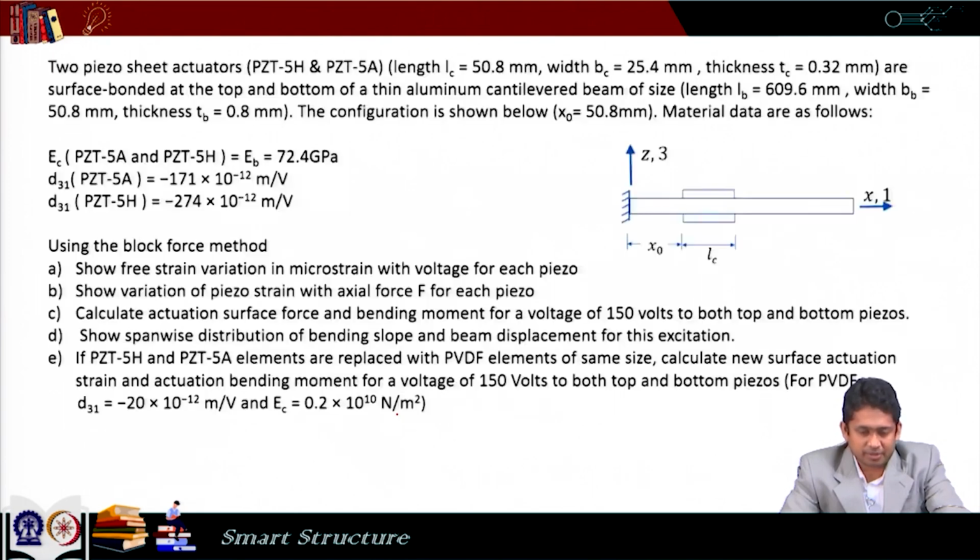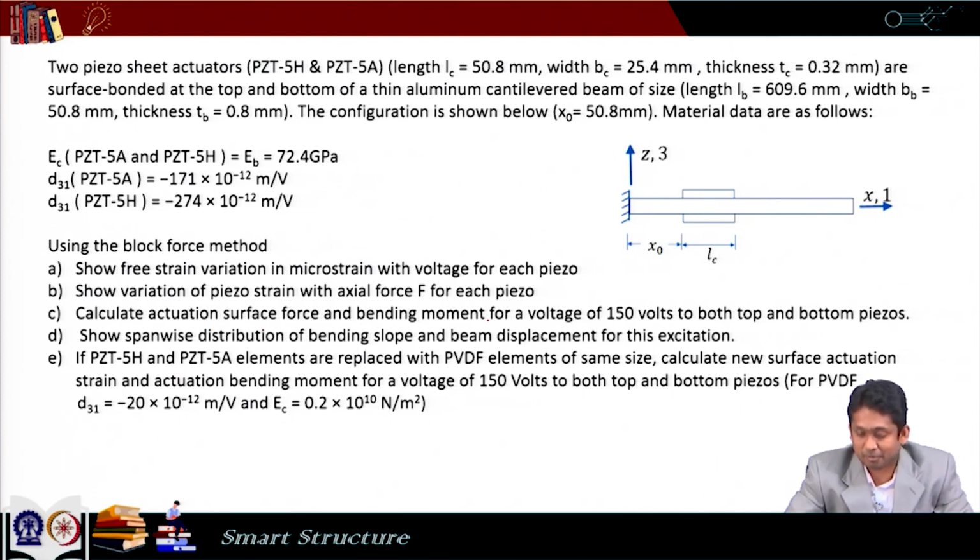Now, we will look into another problem. Here again we have two piezoelectric patches at the top and bottom surface, and they are two different patches, piezoelectric PZT 5H and 5A, and their properties are given, and we have to find out the free strain variation with voltage for each piezo, and the variation of piezo strain with axial force for each piezo, and we have to find out the actuation surface force